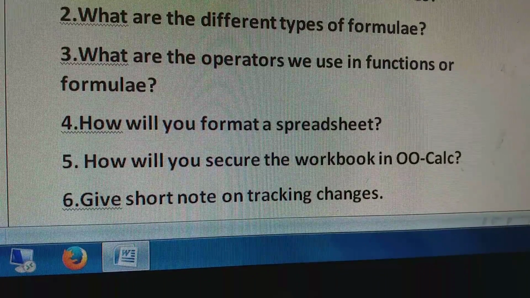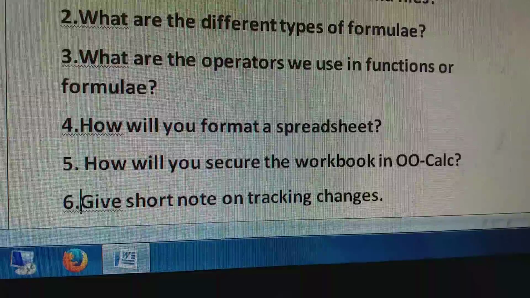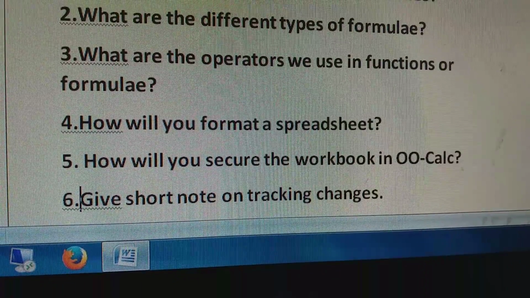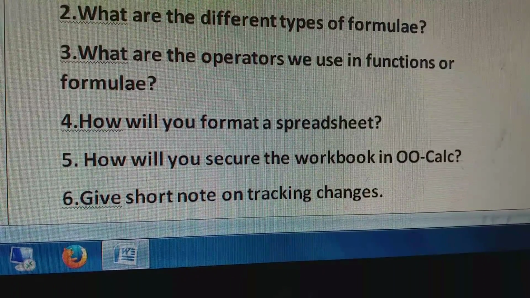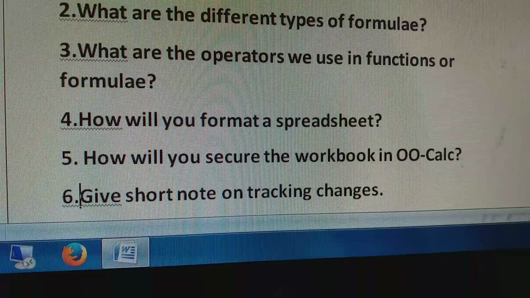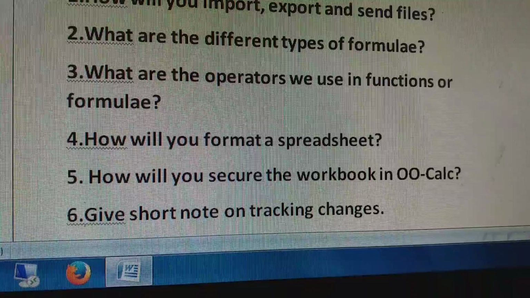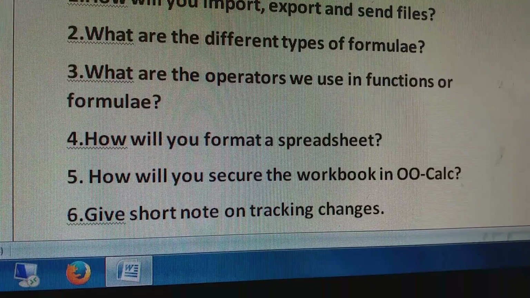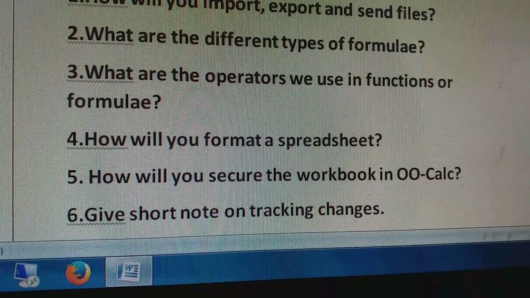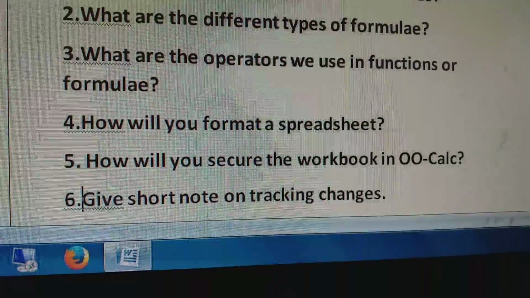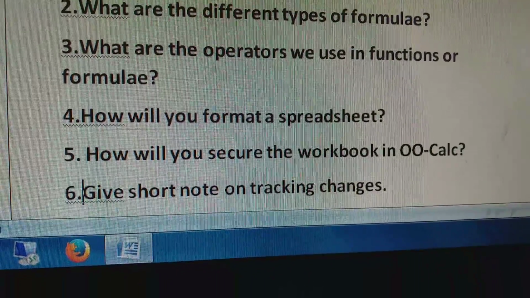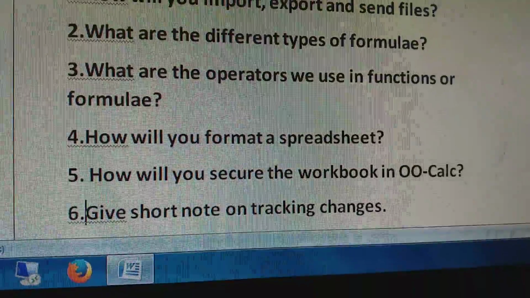What are the operators we use in functions or formula? 4. How will you format a spreadsheet? 5. How will you secure the workbook in OpenOffice Calc? 6. Give short notes on tracking changes.